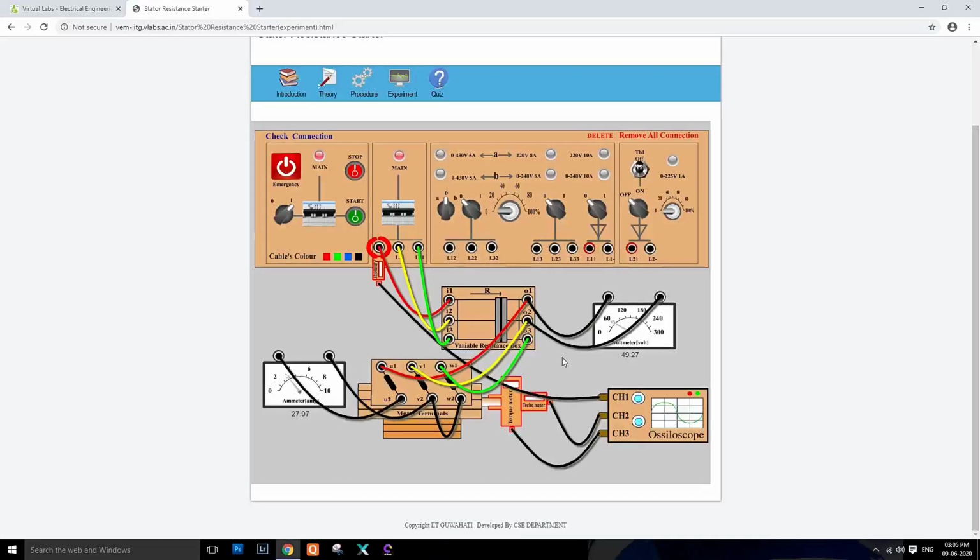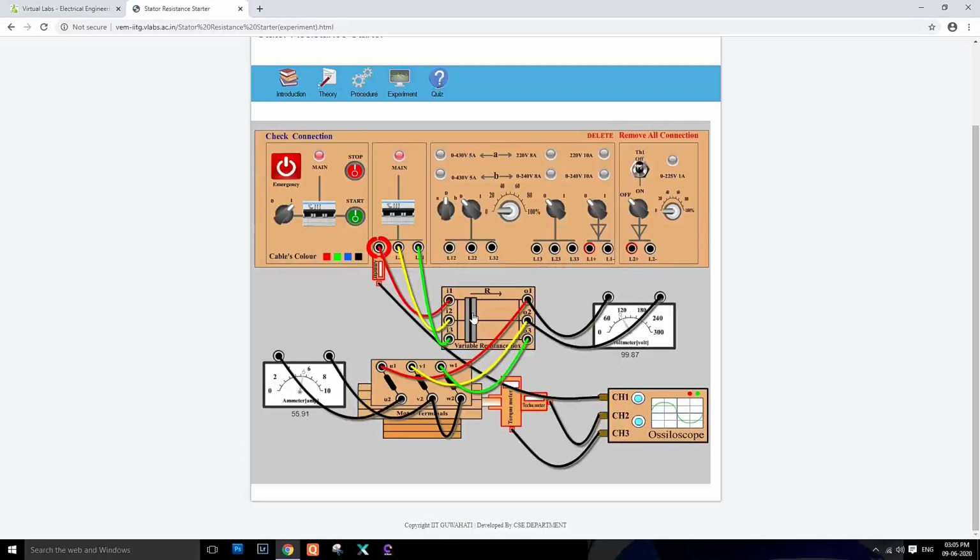So by cutting the resistance, we are increasing the stator current. It can easily be shown in this ammeter and the voltmeter. In this way we can see the variation of ammeter and voltmeter. So you can note it down for each and every resistance.